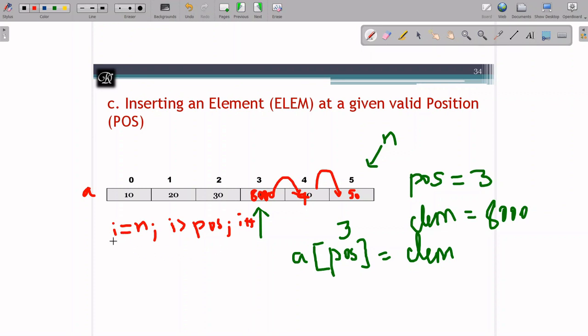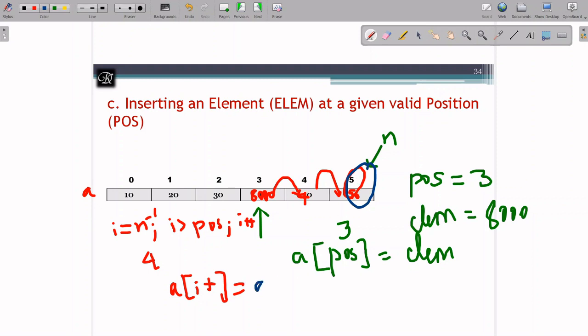Now when I is n, it means n is 5, right? So I is n, what I can do is, rather than that I'll just modify. I is equal to n minus 1 is best. Yeah. Now I is n minus 1, it means 4. At 4 I was having 50 before, right? So now I will write A of I plus 1. What is I plus 1? I is 4, plus 1 is 5. I got this location. I plus 1, I was here, and plus 1 takes me to the 5th position.